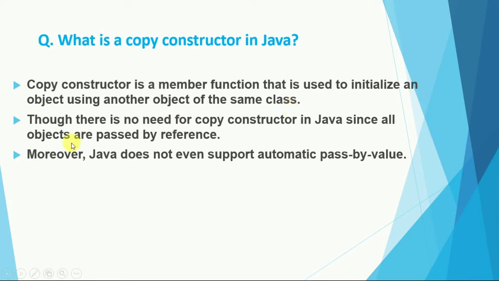Okay, so there is no need for a copy constructor in Java since all objects are passed by reference. We can use a copy constructor in C++, but in Java there is no need for it, because in Java all objects are passed by reference, so Java does not even support automatic pass by value. Okay,